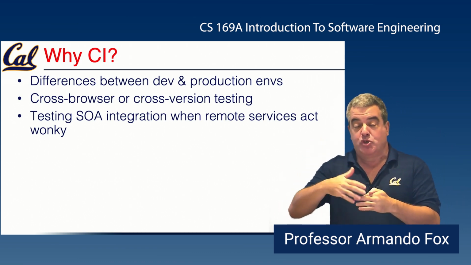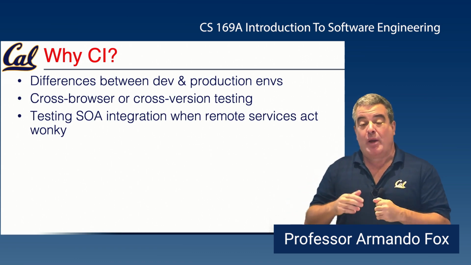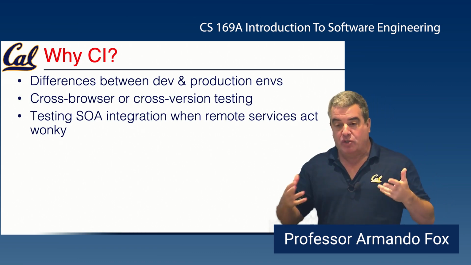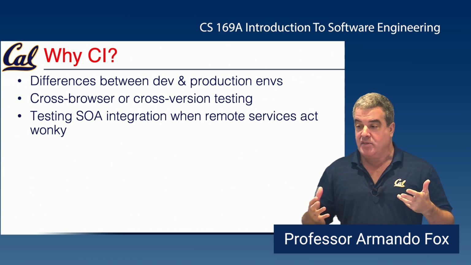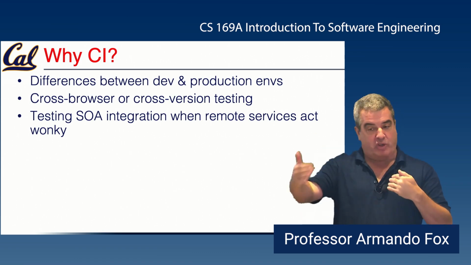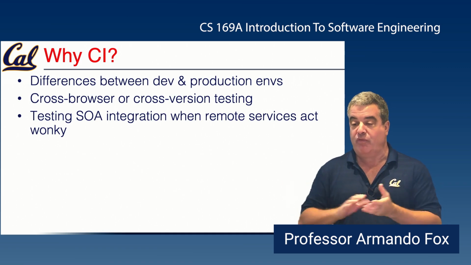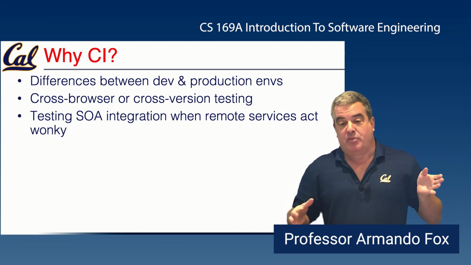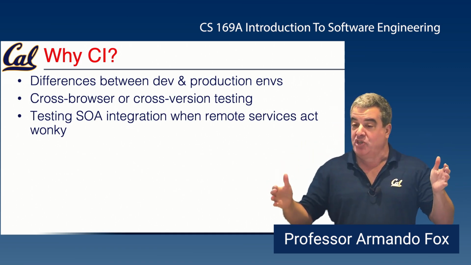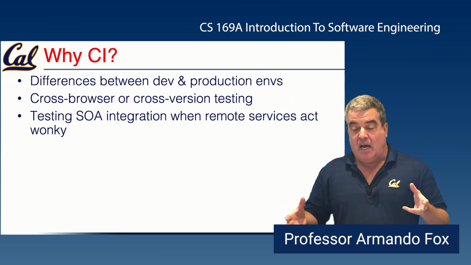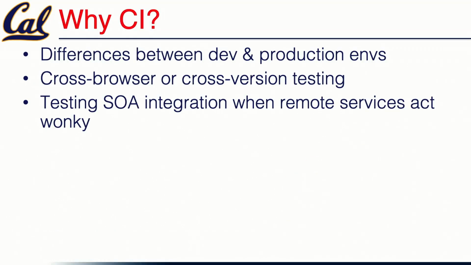For example, if you use Stripe for payment processing, Stripe has a test mode where you can do real transactions, but no money changes hands. All the results are the same. You really do the communication. You get the real responses, but it's basically all happening with fake money. So again, that's something that as a sort of final smoke check that everything's working, you could do in CI, but maybe you don't do it as part of every single developer's local testing because that would increase the number of times that you're hammering the test servers.